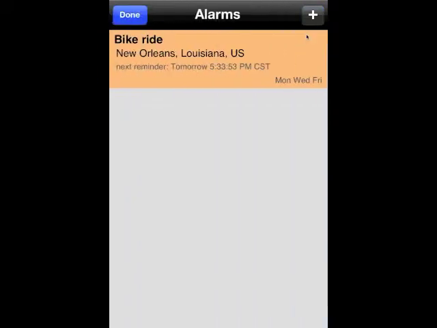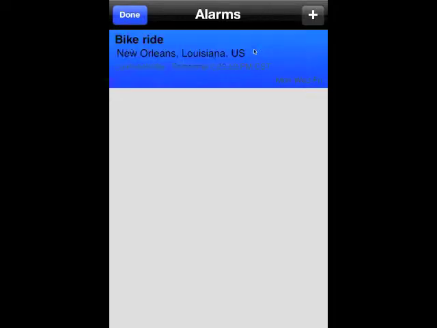And then you have your alarm right here, and it'll tell me when my next one will go off. Now this won't be an alarm like you usually set in the standard clock app that comes with your iPhone, but it will come up as a reminder using notification services. You will need to enable notification services for this app. However, it will